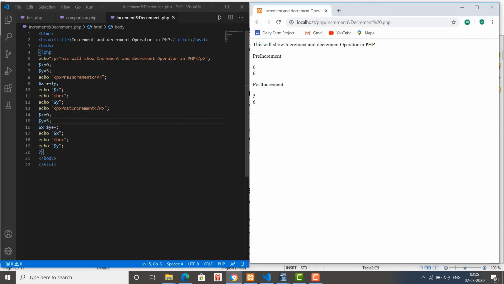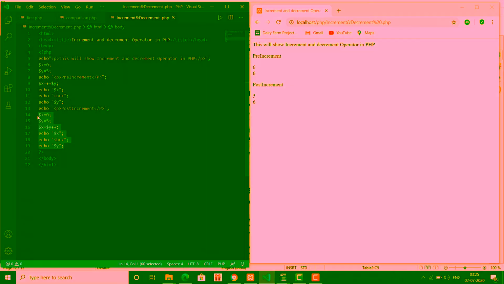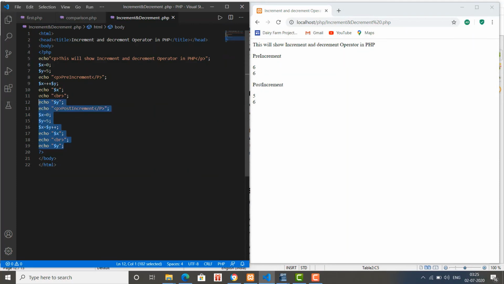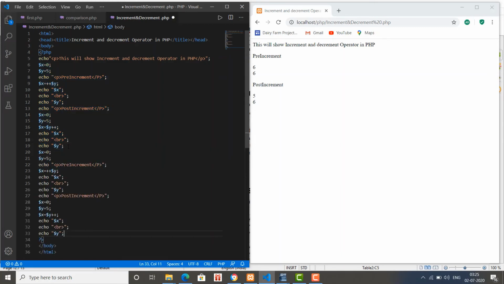And the same way we are going to see the decrement. We copy all this from here with Control C and Control V to paste here, and here we use pre-decrement, and this is with the post-decrement.